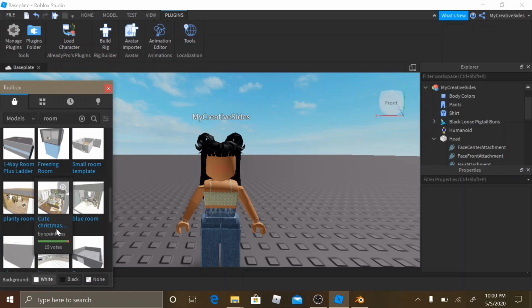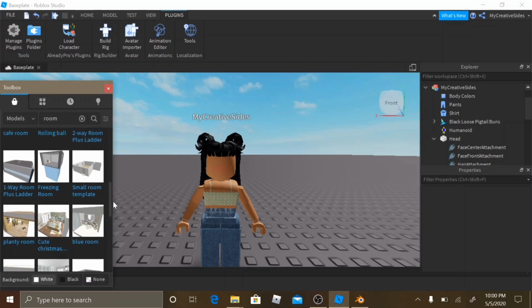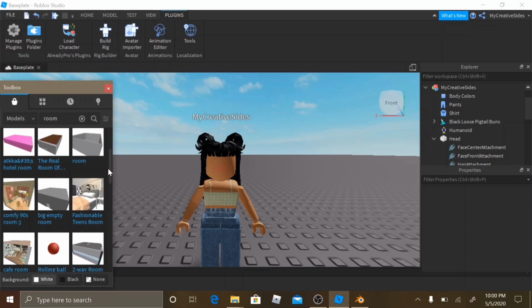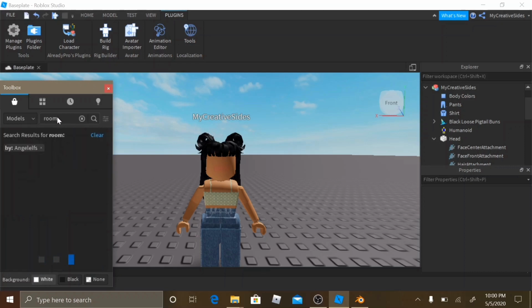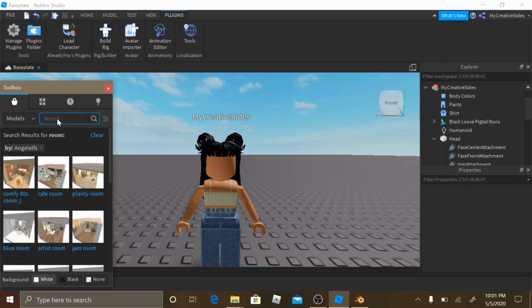Sprinkles is right here. If you guys do post this on any platform such as Instagram and all of that stuff, I would recommend tagging their Instagram accounts, and their Instagram accounts are Angel Elves and Sprinkles. Currently Sprinkles isn't on Instagram, so just go ahead and mention her name or something. But yeah, so I'm going to go ahead and press Angel Elves and delete room